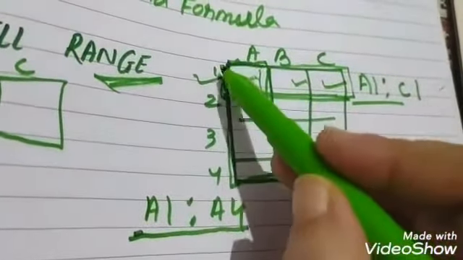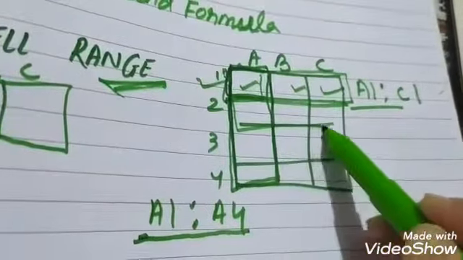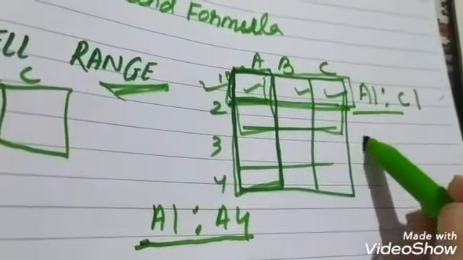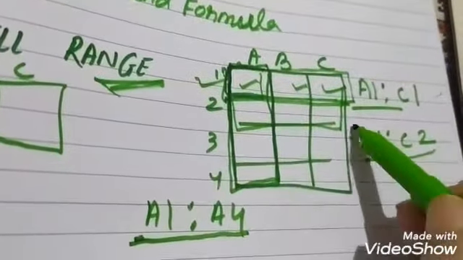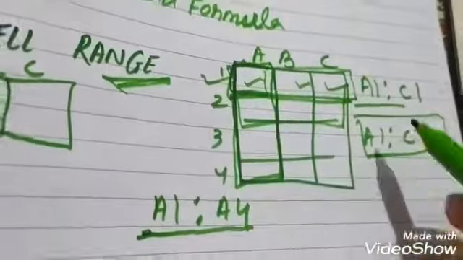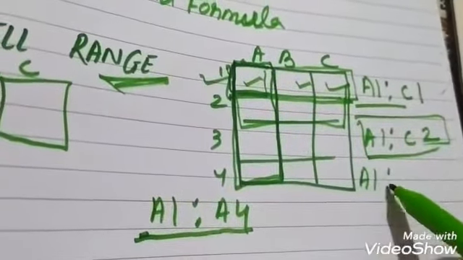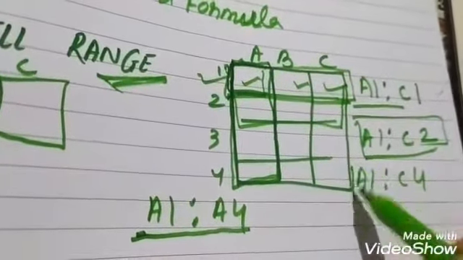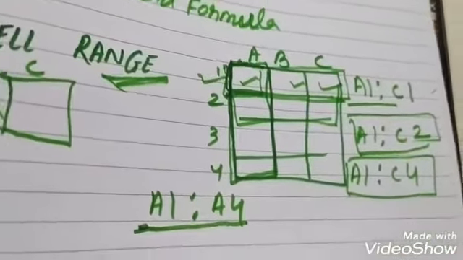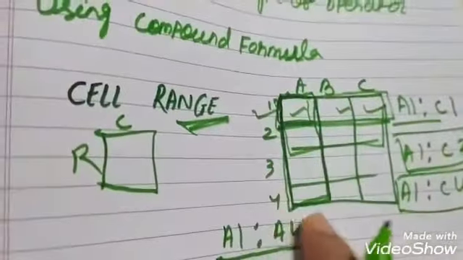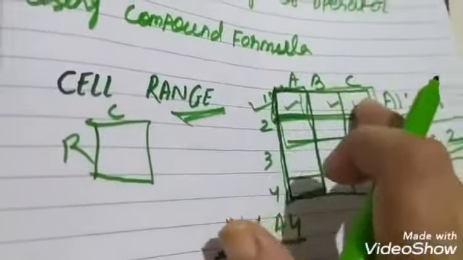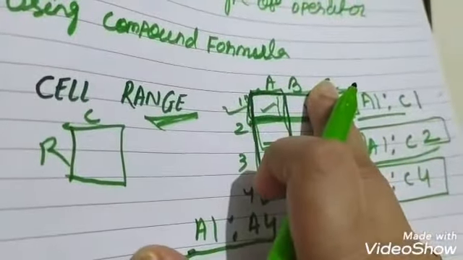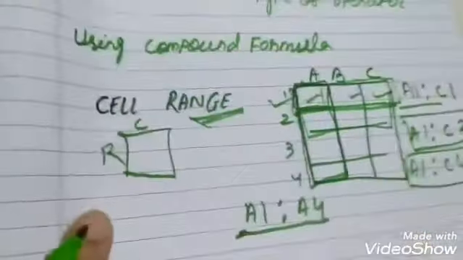Now I can also take from here to here as a range. How to write it? A1 to C2. That is also a range. Then the whole thing, if I write A1 to C4, that is also a range. So only understand: more than one cell joined together is called a set. This should be contiguous, they will be in that form. Then I can say it is a range of cells.